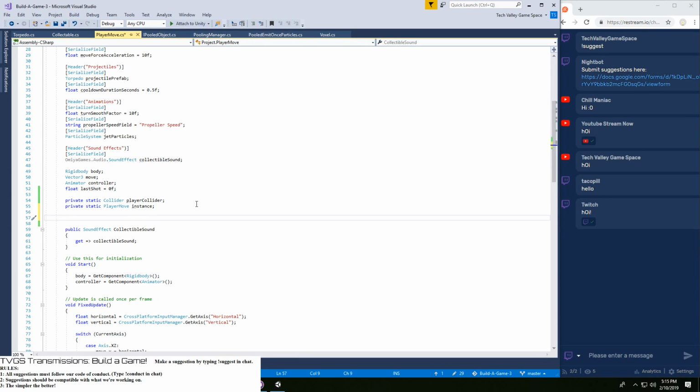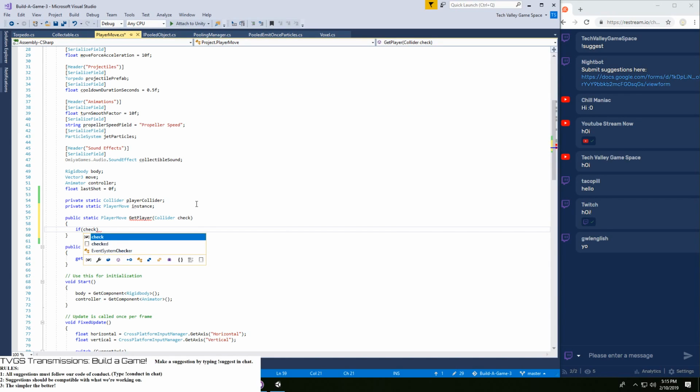Instance, and I'm going to say public static PlayerMove GetPlayer and Collider check.